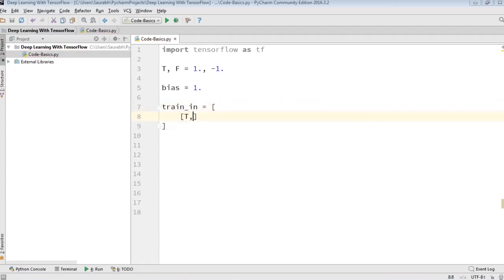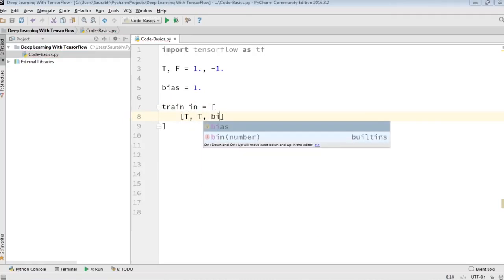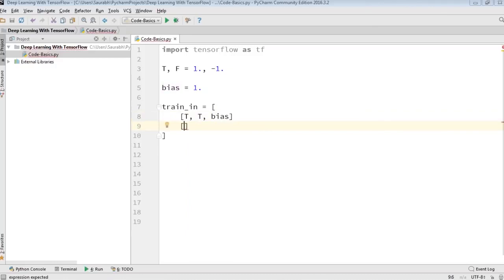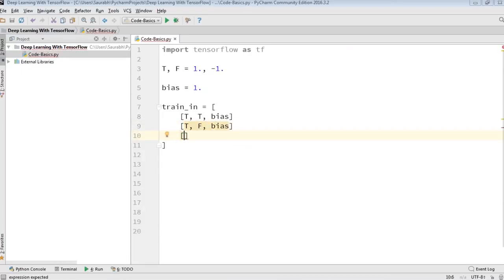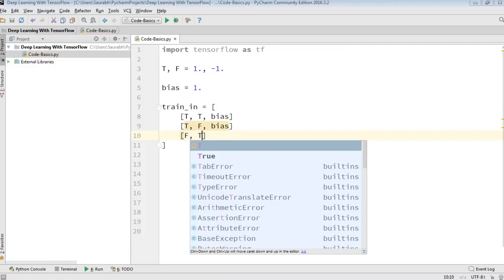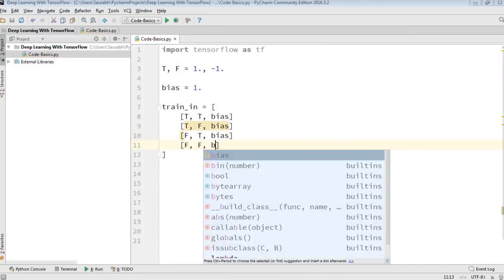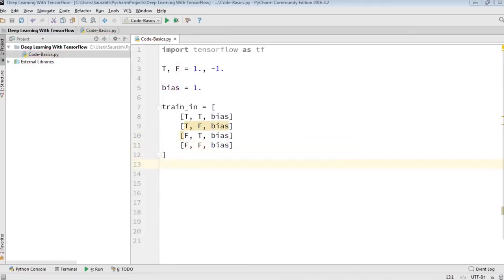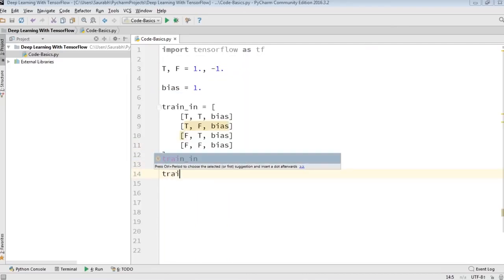if one input is true and the other input is also true, then we have bias. Then again, if one input is true, the other input is false, then also we have bias. Similarly, one input is false, another input is true, then we have bias. And then finally, when both the inputs are false or 0, then we have bias, right? This is our training data, and the train out I will type in here as the output, basically train underscore out